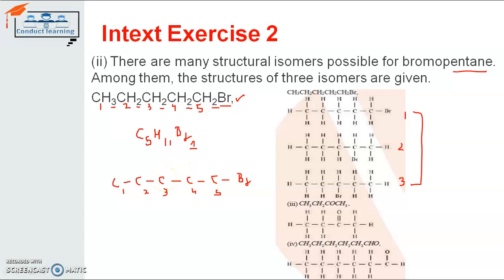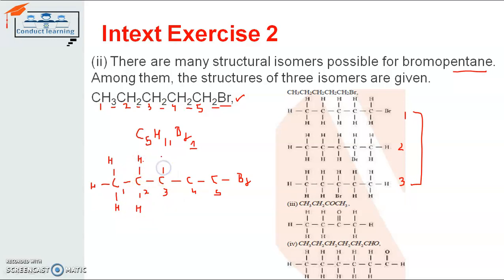So the rest of the carbons will complete their bonds with the hydrogen atoms. Accordingly we will add 1 hydrogen atom here, 1 hydrogen atom here, 1 hydrogen atom here for C1, because the C1 is attached with 3 different hydrogen atoms and it will share one of its electrons with the carbon atom C2. For C2 there will be 2 hydrogen atoms because the C2 will share 2 electrons with C1 and C3 and 2 left electrons with this H and this H.